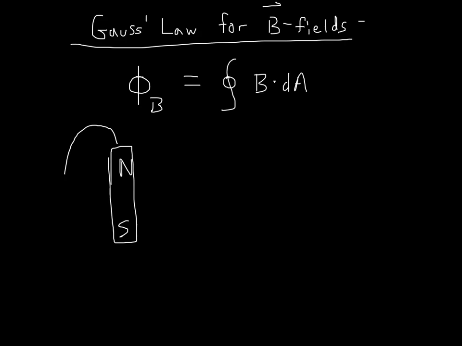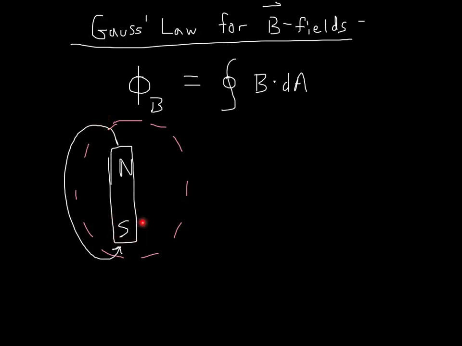So we can draw a field line. All magnets have a north pole where lines leave from and a south pole where lines enter. I can draw a Gaussian surface around this. And I can count the number of lines that are going out versus the number that are going in. I can see for every line that goes out, for every north pole, there's always going to be a south